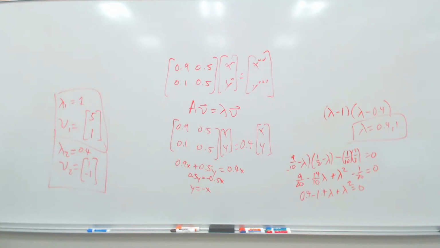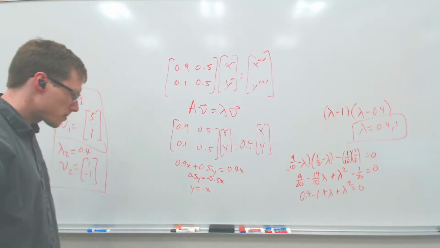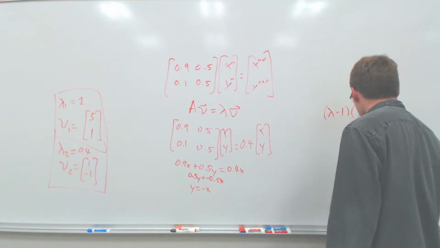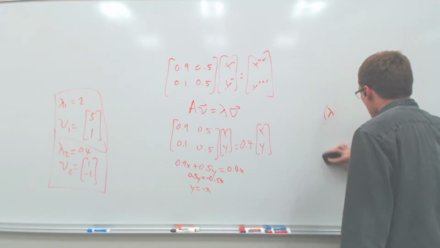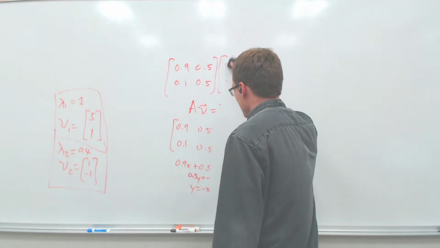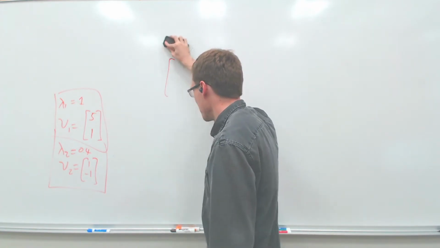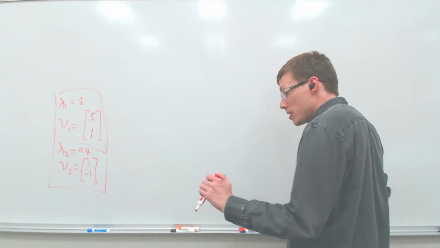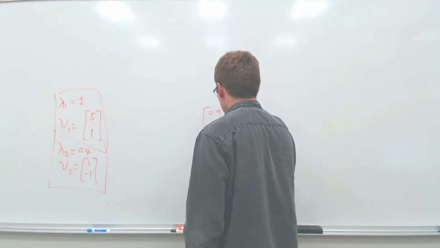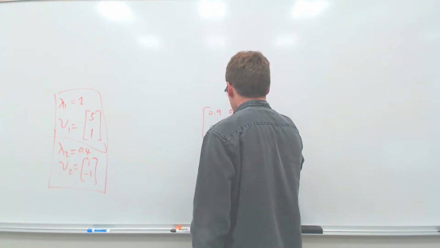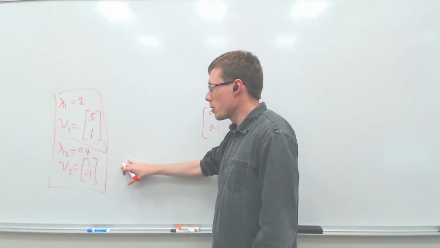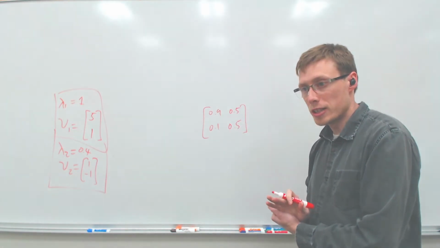All right, so there we go. We've solved for our eigenvalues and eigenvectors. And it's kind of interesting, and we'll see why in a minute. We'll first do one last step here, which is how do you now take this matrix to the nth power? That's what we want to know, and that's the big question. And it's not too hard to do, because what we know is, once again, with the matrix 0.9, 0.5, 0.1, 0.5, that if we multiply by one of the two eigenvectors, all we're going to do is just scale it and stay in the same direction.